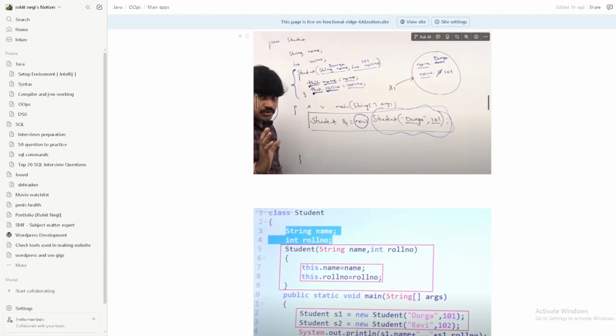So this is the code. We have a class Student with variables like String name and int rollNumber, and here we need a Student constructor where we pass those variables as arguments, String name and int rollNumber, like this.name = name and this.rollNumber = rollNumber. And inside our main method we are calling this constructor, where the class variable is s1, and this new